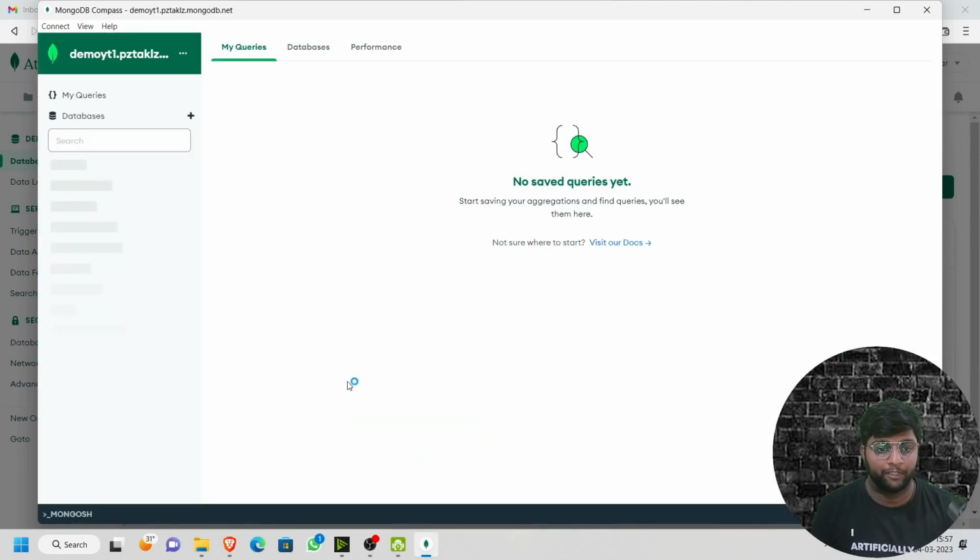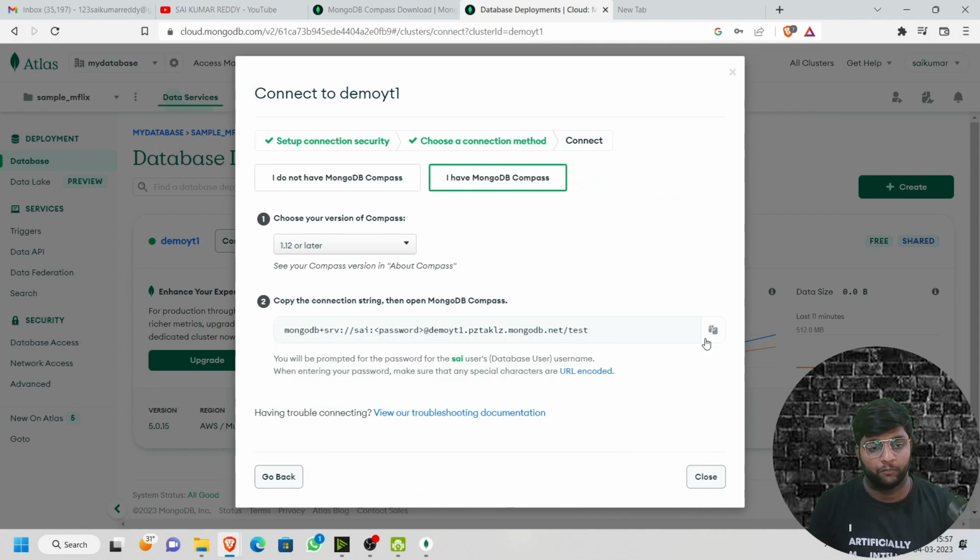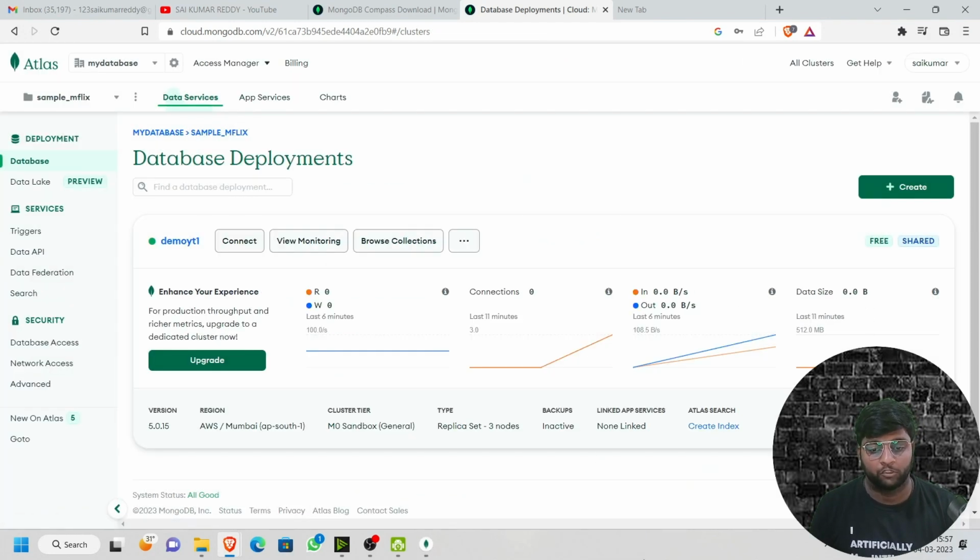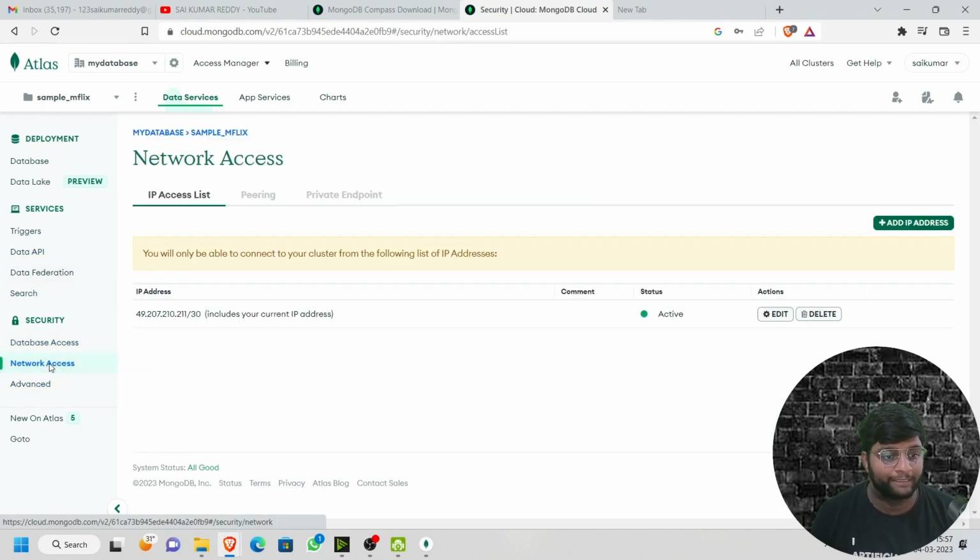Previously we were getting some other error also. Do you all know why? Because that particular MongoDB Compass was not enabled with the network access. So you can use it anywhere, wherever you go, you can connect with that particular MongoDB Atlas. You all know how you can do that? So for that you have to do nothing, just go to your network access